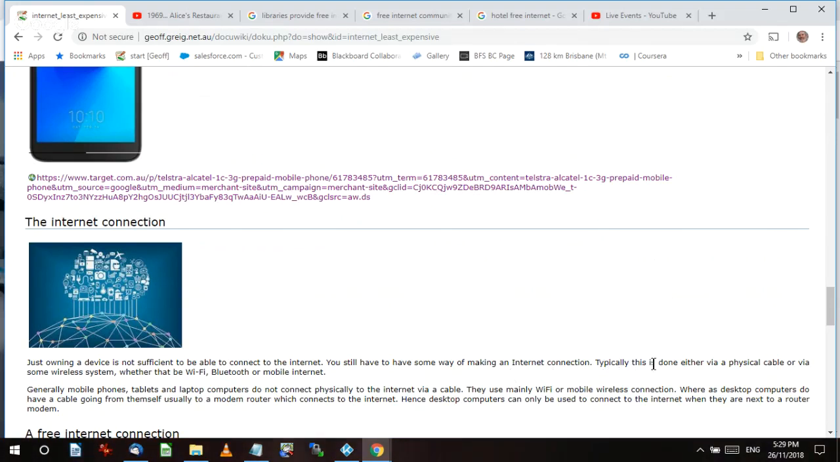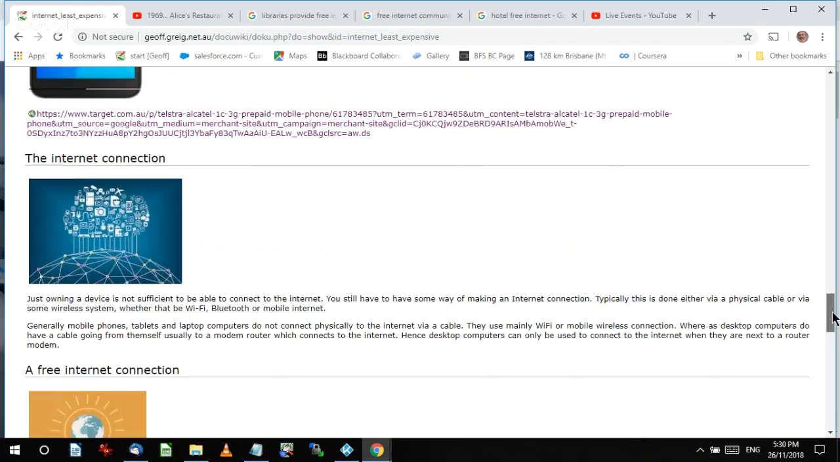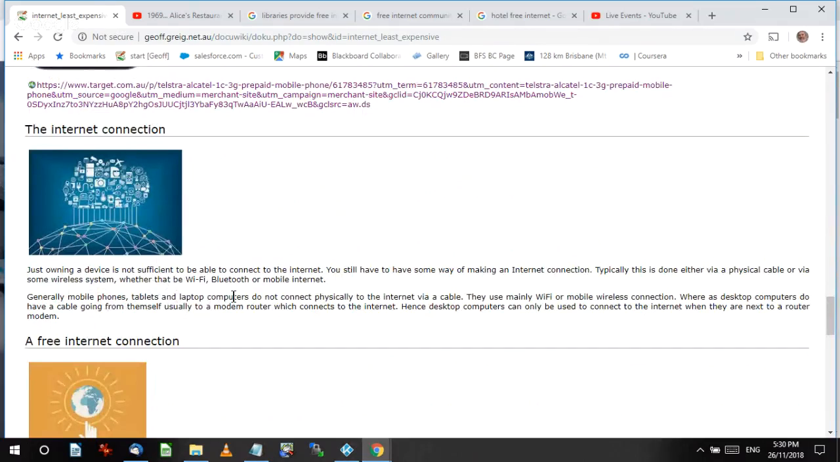So typically this is done either via physical cable or via some wireless system, whether that be Wi-Fi, which is wireless, Bluetooth, which is another form of wireless, or mobile internet, which is basically another form of wireless. Again, three wireless ways of connecting. Generally, mobile phones, tablets, and laptop computers do not connect physically to the internet via a cable. You can sometimes connect the laptop to a cable, but generally they don't. They mainly use what's called Wi-Fi or mobile wireless connection,